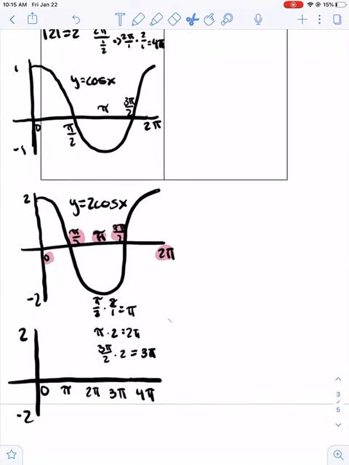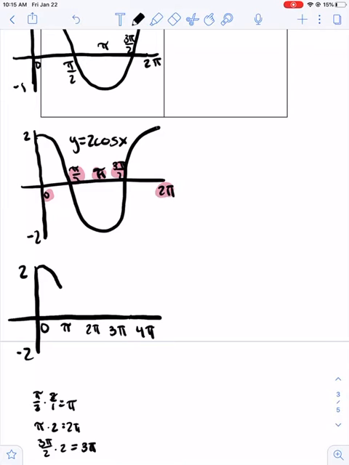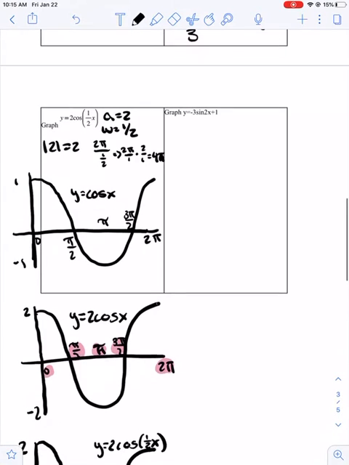All right, and then we're just going to draw that same graph, but with our new intervals. I'm going to move this down. And so we're going to go down and back up. And this is y equals 2 cosine 1/2 x. That's it. Okay, so now to graph y equals negative 3 sine 2x plus 1, we're going to label all